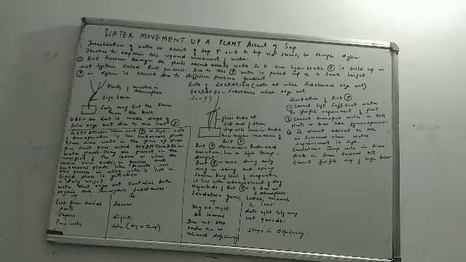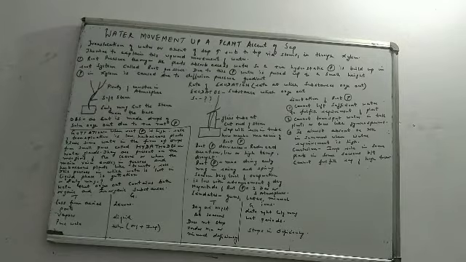Now because of this excess water, what will happen? A positive hydrostatic pressure will be built up inside the root system. Excess water is coming into the root system, so a hydrostatic pressure is being built up in the root system. This pressure which is built up in the root system because of excess water is what we call root pressure. I hope you have understood. Always remember the keyword over here is excess water.